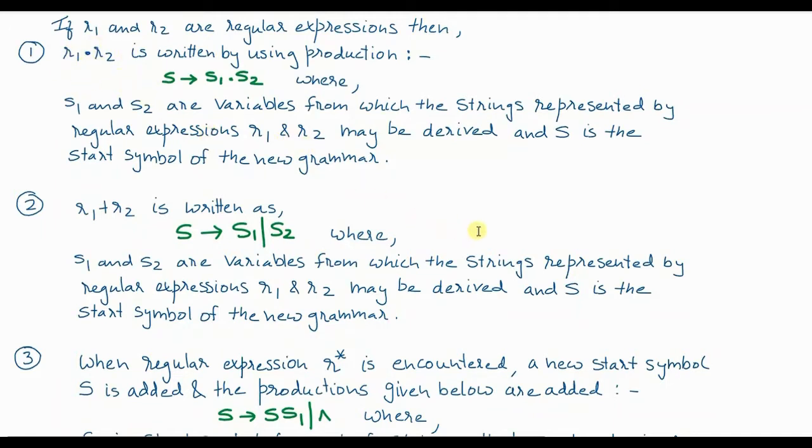Just an example. Suppose I have 0 1 or 1 1, and I want to represent this using context-free grammar productions. So I will say let S gives 0 1. That means production S gives 0 1, non-terminal S can give you string 0 1. I'm sorry, it is not plus, it should be concatenation.